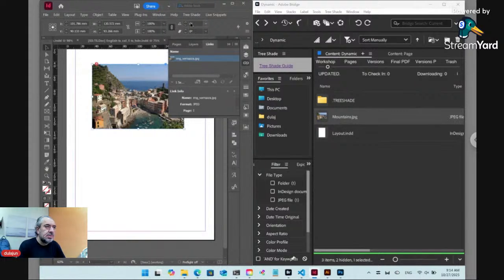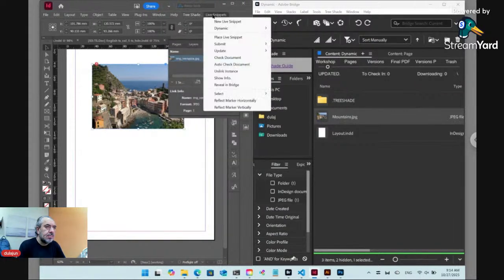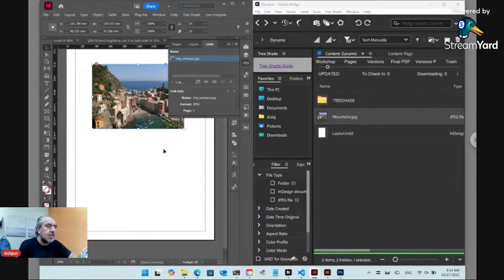Now it's missing, so it must be relinked. Sometimes you need to refocus on the Adobe InDesign document. I clicked in Adobe Bridge, then clicked again in InDesign. Okay, anyway,